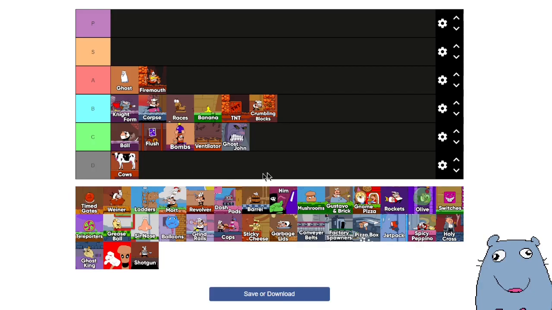Yeah, but I'm just gonna put Ventilator in C tier. But they could have removed the cow, though. Yeah, it's gonna be my B tier. My B tier, my C tier is probably gonna get a little bit